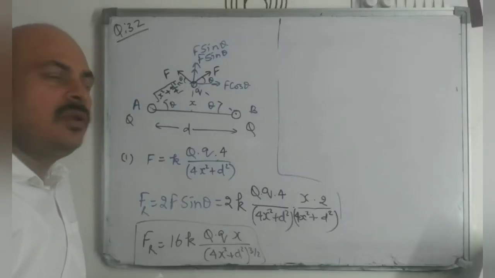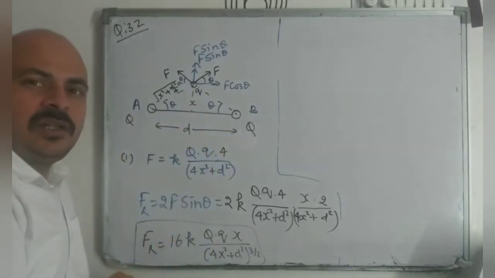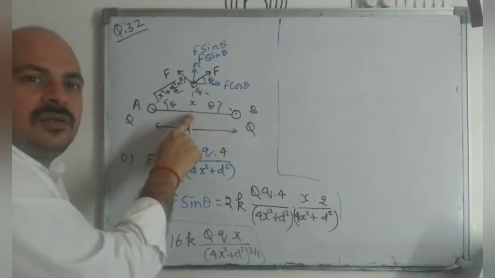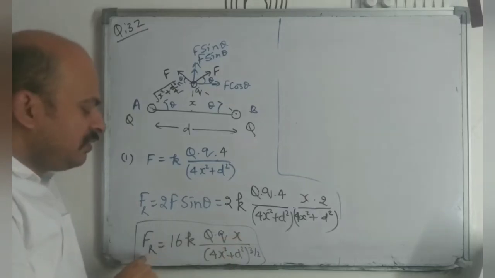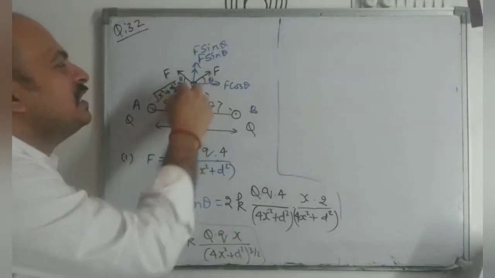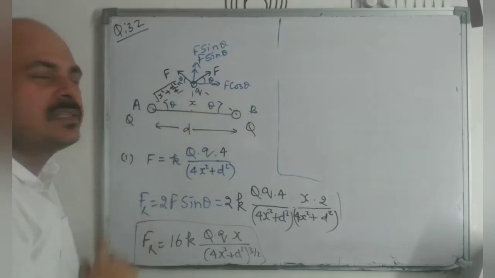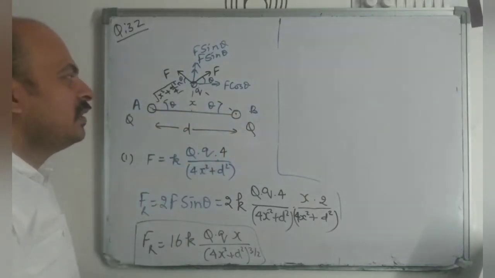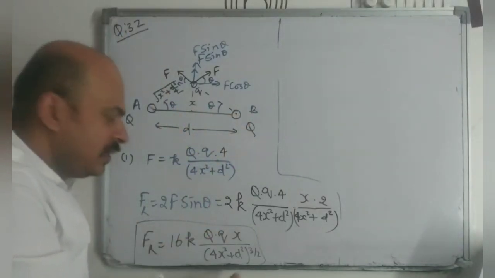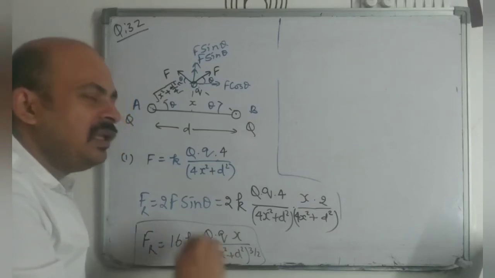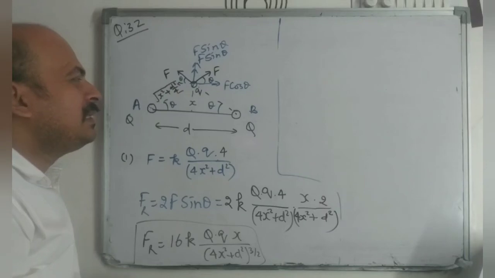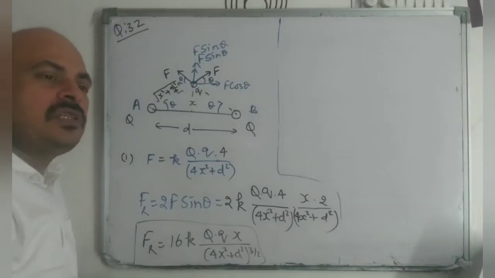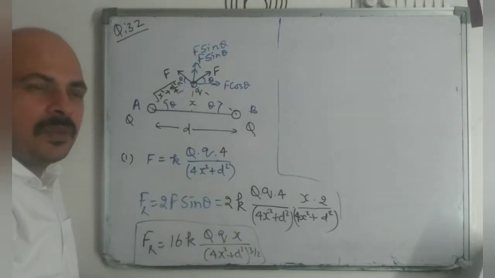One more thing can be calculated. Look at these two charges. As the charge is at the center, meaning x is equal to 0, there will be zero force acting on the charge, because these two forces are acting opposite to each other and will cancel. And if it is far away from the system, that is, x is very much greater than small d, x is infinite, then the force will again be equal to 0. That means at the center it is 0, at infinity it is 0, so there will be a position in between where the force will be maximum.